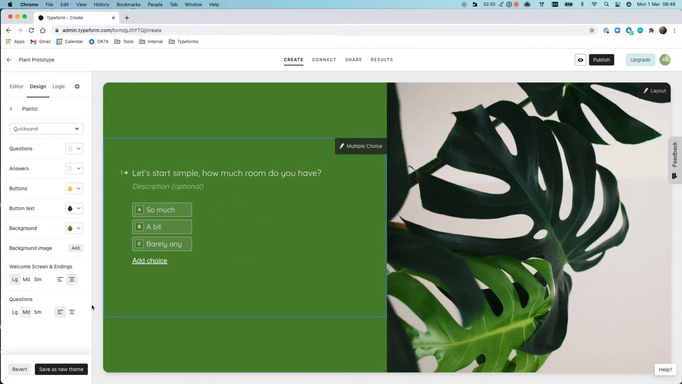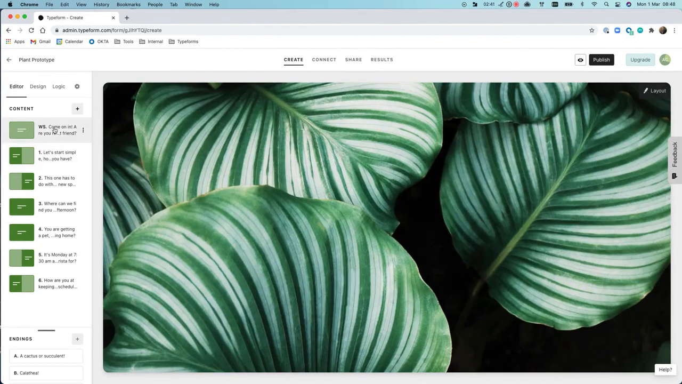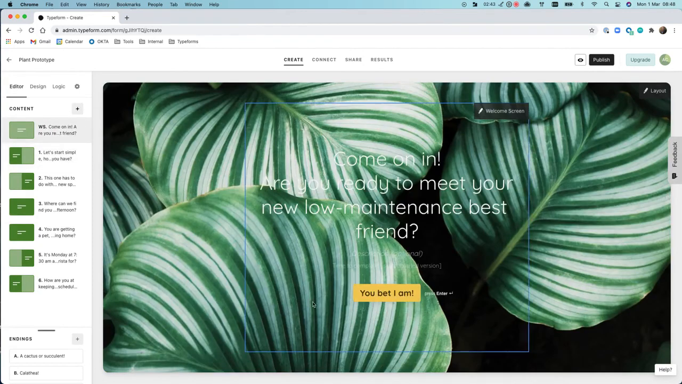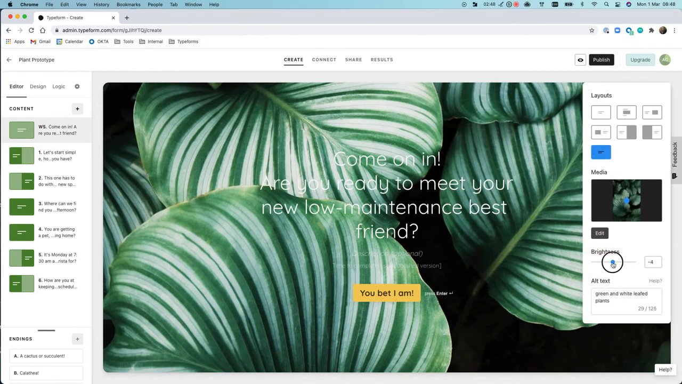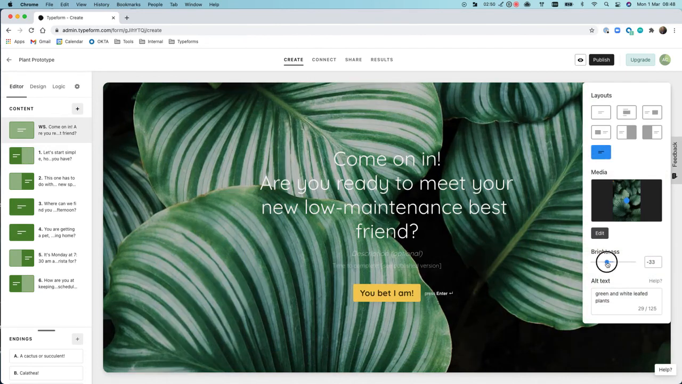So I do like how this looks centered. Now we're going to save this as a theme and jump into the editor to see how it looks. So the white is counteracted a little bit by the background, so I'm going to take down the brightness of that background photo so that it's a little bit